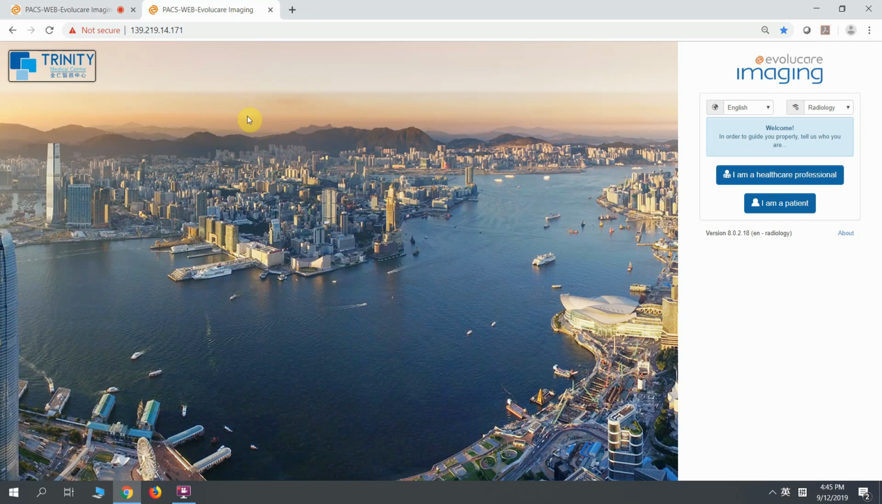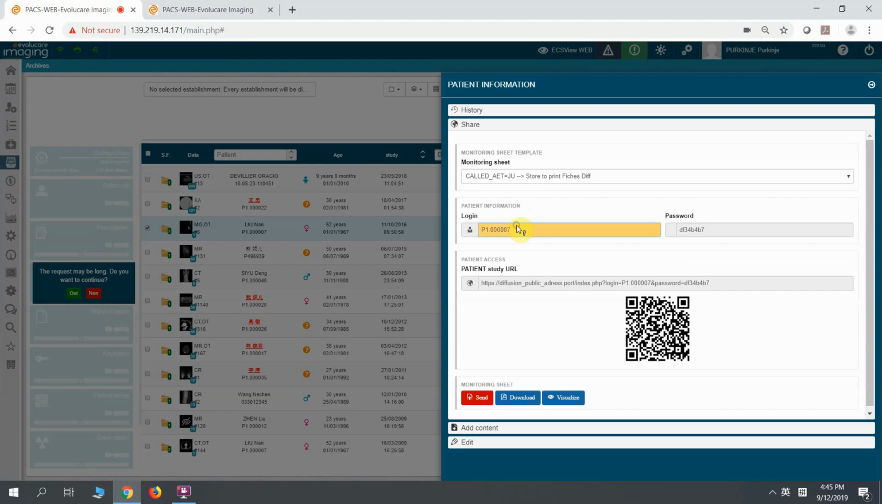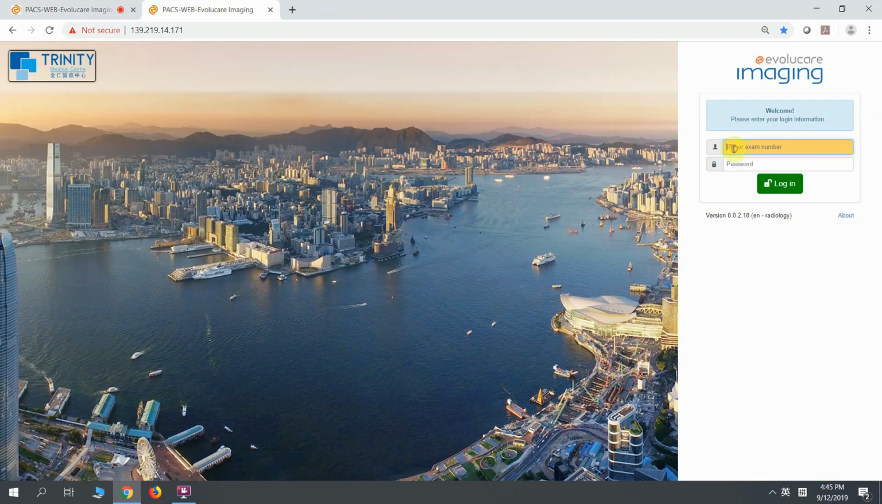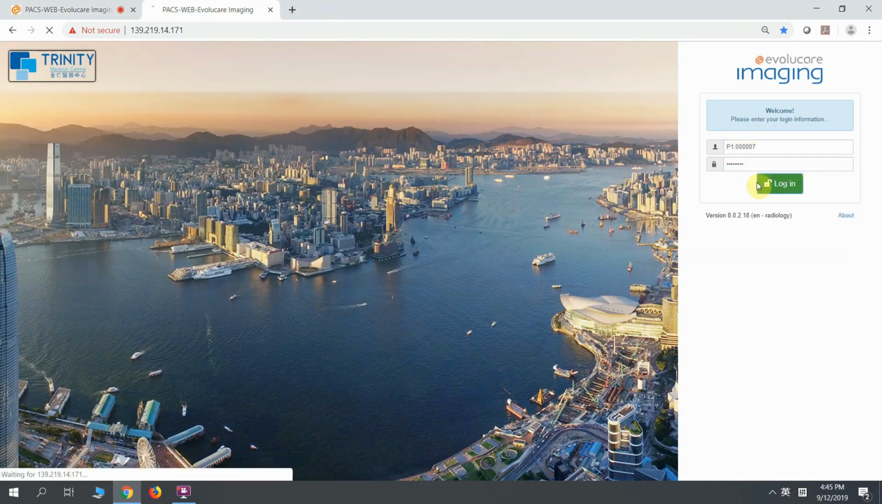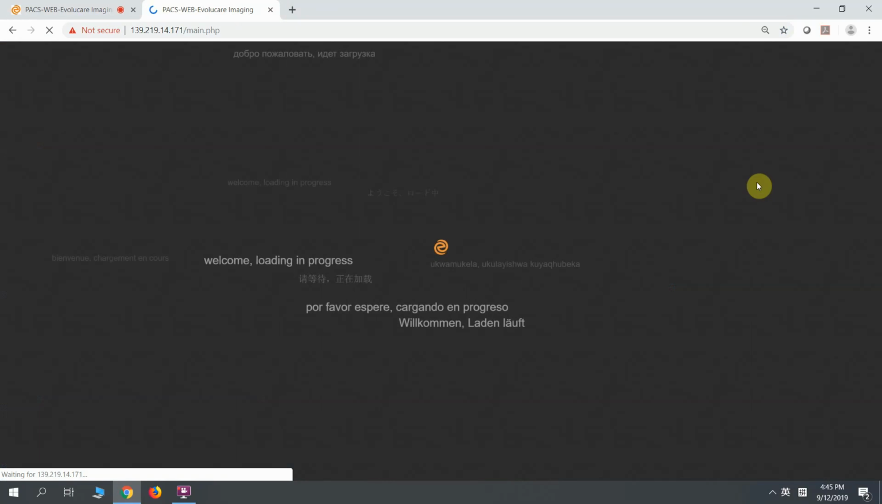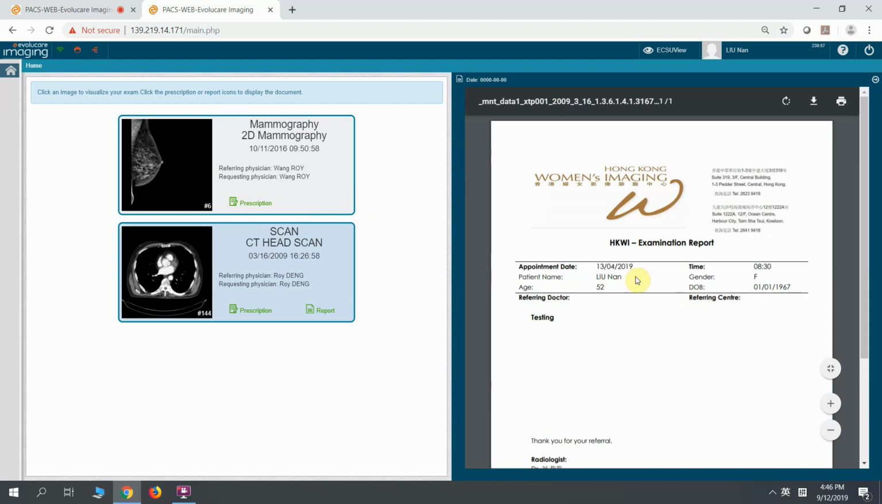So we go to the web browser and we click I'm a patient and input the username and password. So let's check, the patient username is this one, and password, and login. After the patient logs in, the patient sees all the examinations taken. For example, this patient already took 1 mammogram and 1 CT head scan, and we can view images here, and also if there are prescriptions or other documents, or if there are reports, we can also simply click on the reports and view the reports. This patient portal keeps all the files, patient images, patient reports in one place, which really helps the